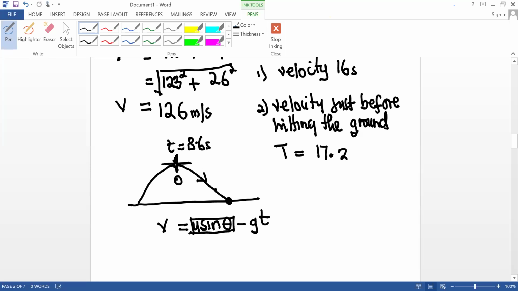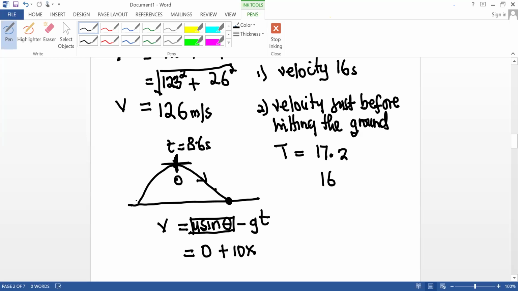Because the initial vertical velocity is zero, it means we have 0 plus, because at 16 seconds it is coming down, so it will be accelerating instead of decelerating, so plus 10 times, now know something,